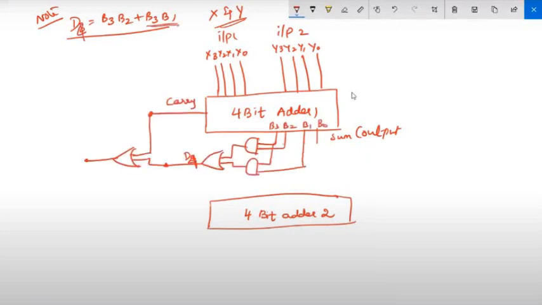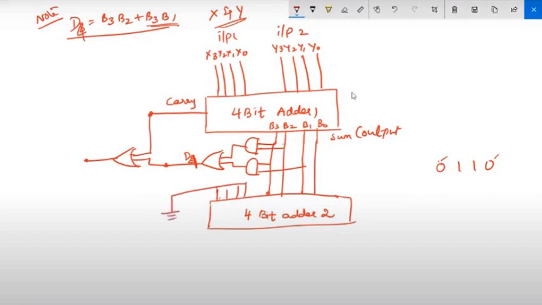Now D4, and with that D4 we have to add your carry also, so this OR gate output will tell us whether we are going to add 6 or not. Right? This B0, B1, B2 and B3, because with this number only we are going to add 6, right? So we are taking B0 till B3 to the second adder, right? And we need to add 6 with that. For that, what is 6? 0110. So the first and the fourth bit is going to be 0, which represents ground, right? So we are having 4 inputs in that.